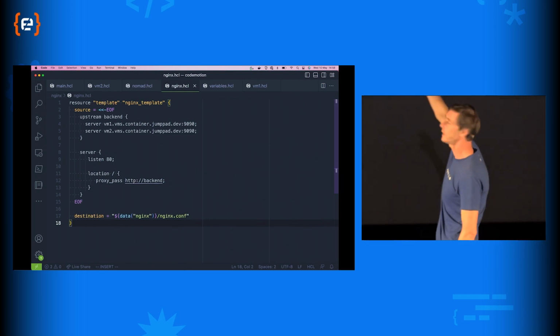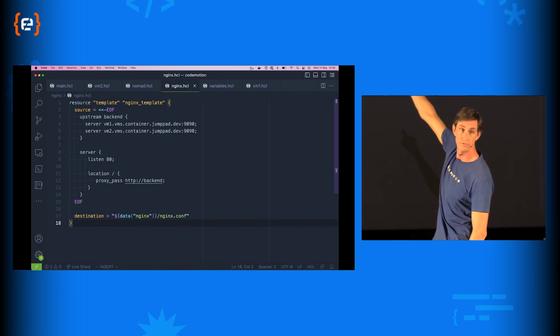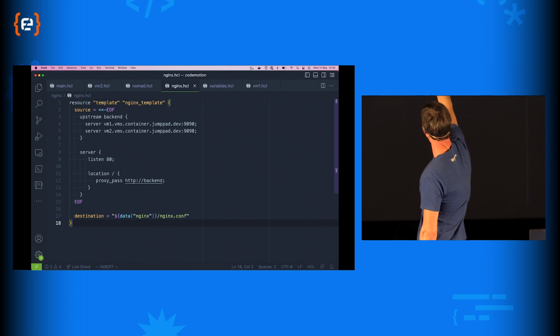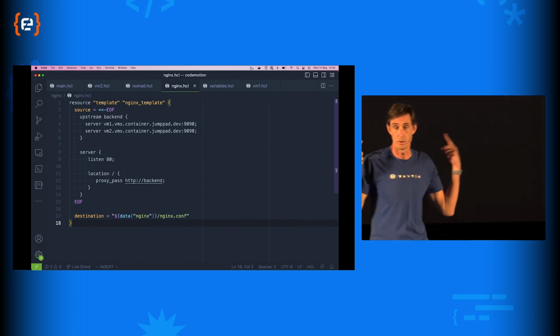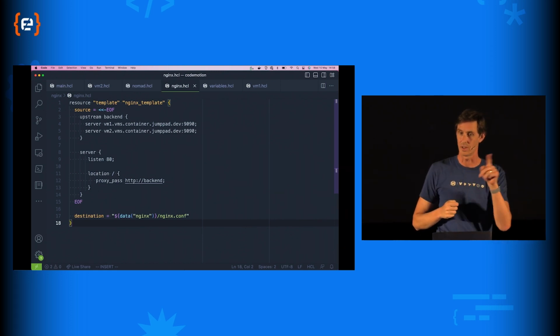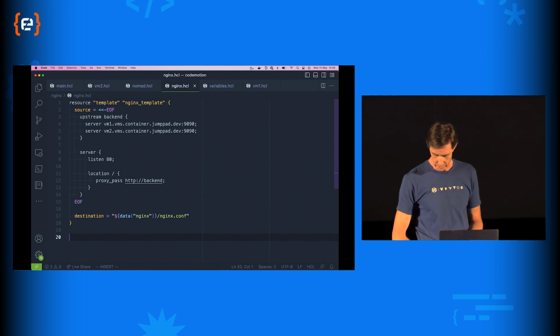It's going to listen on port 80. I am going to define 2 backends, which are the 2 virtual machines that I've created, and I'm using their internal references. Now, this works fine because I know what those locations are. We're going to get to the problem when I don't, and how we can solve it, in just a moment. But for now, this should work for us.